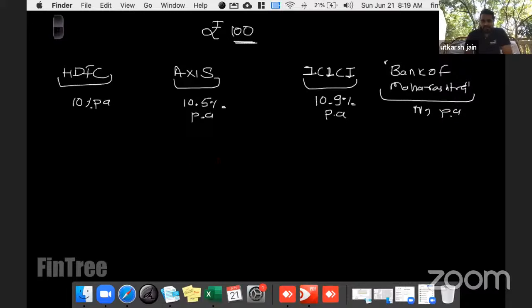Okay, so you carefully evaluate the rates, and you take a picture of that Bank of Maharashtra board. You go to HDFC Bank, and you tell them, what is this? Bank of Maharashtra is giving me 11%. Why are you giving me just 10%? So what the HDFC guy says is, sir, I cannot increase the rate, but one thing you should